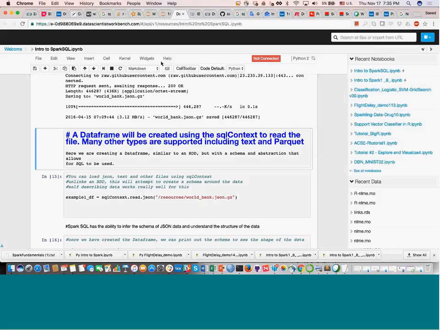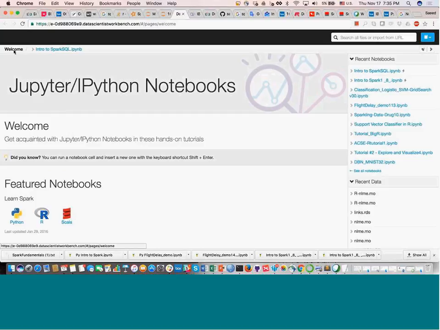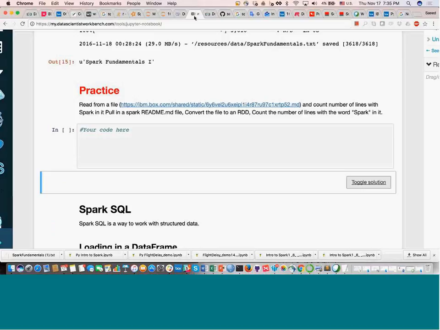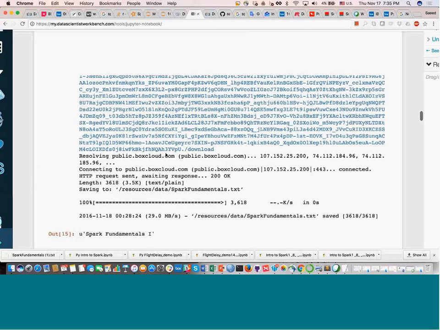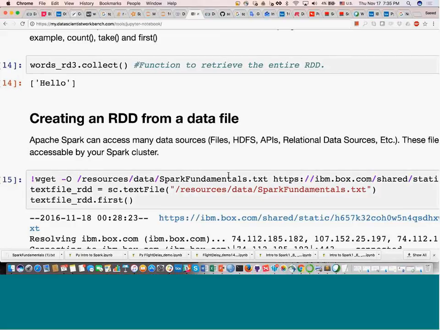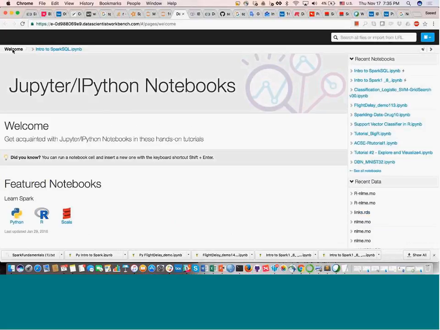I open another tab because if you do that, you will lose what you have done so far, right? I just want to show you how it works. One of your friends asked what is the meaning of this, where is this place actually, slash resources, slash data, these things. When I load something into Data Scientist Workbench, where exactly does this file go? And the answer is, as I showed you, the first time that you go to Data Scientist Workbench,